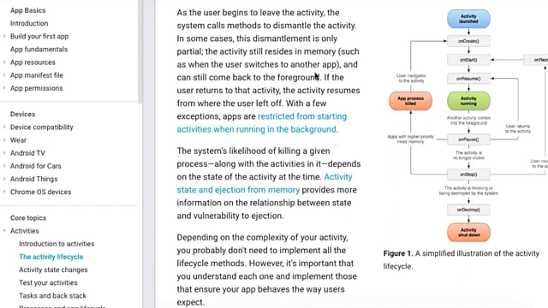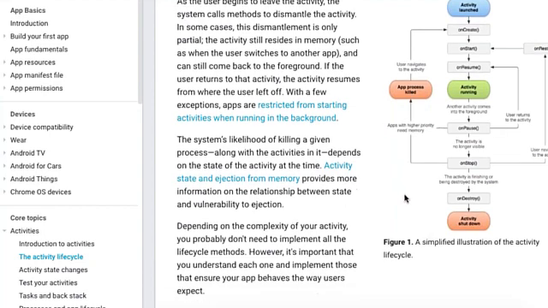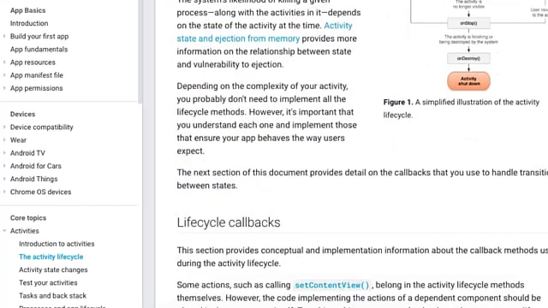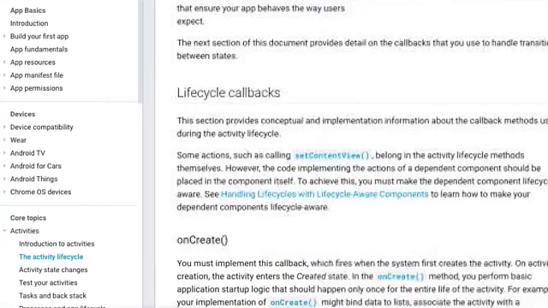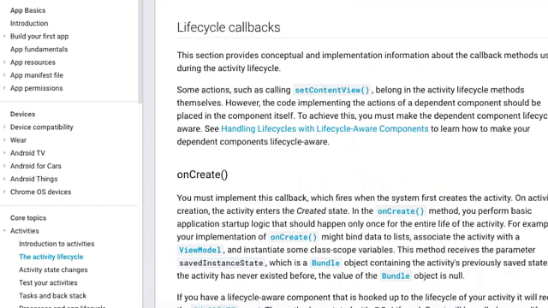Here you can again read all the life cycle methods and what they perform, how they are called, the life cycle callbacks, and briefly you can read it again and